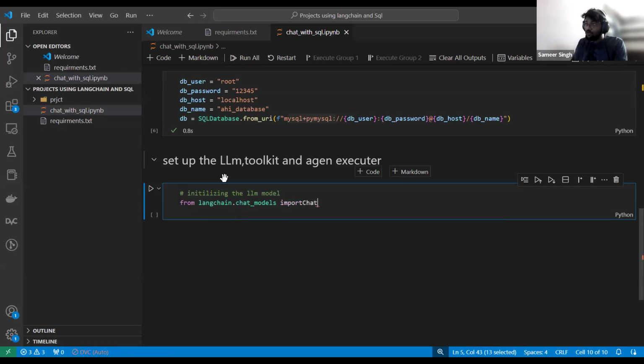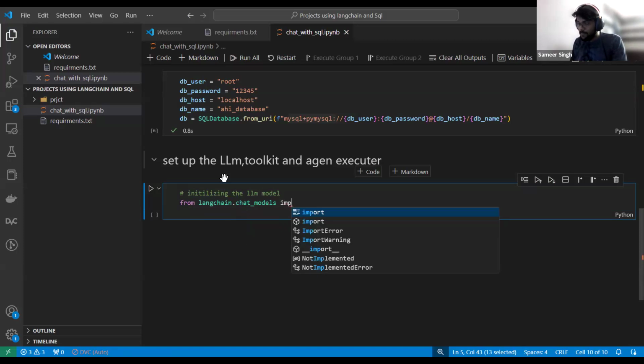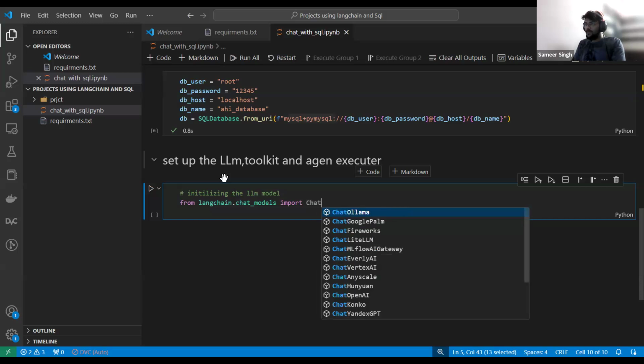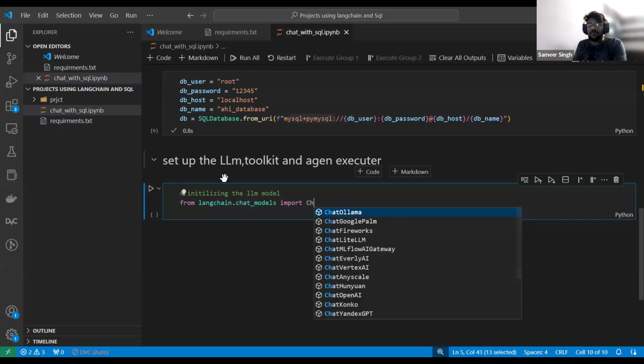The same thing I have shown you in using the Llama index also, right? We have something called ChatOpenAI here.